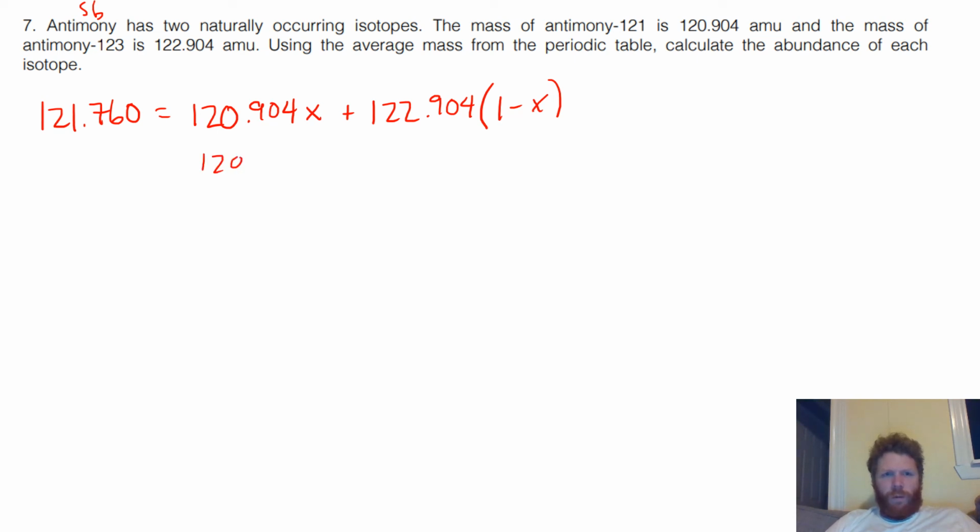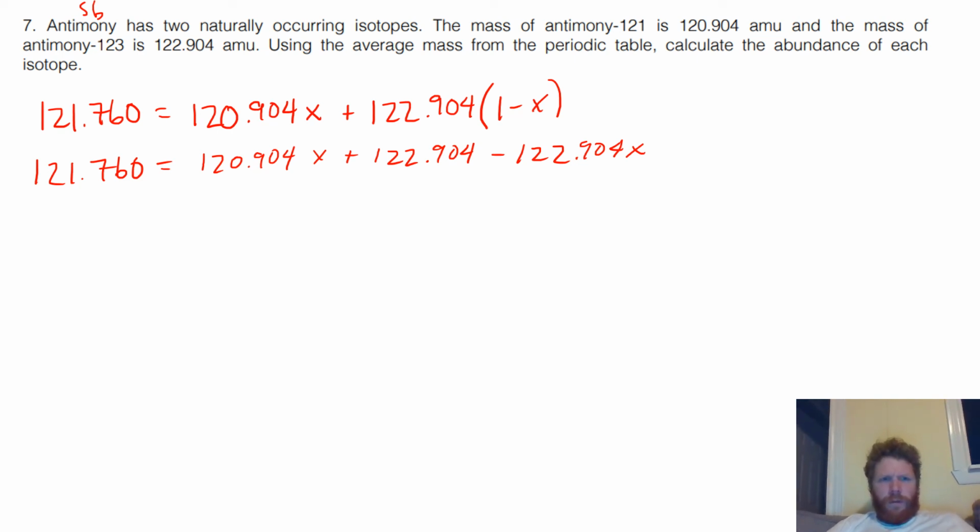120.904 x plus 122.904 minus 122.904 x. Ultimately, this is equal to 121.760. When you combine all these variables, what you end up with is negative 1.144 is equal to negative 2x. Now when you solve for x, x is equal to